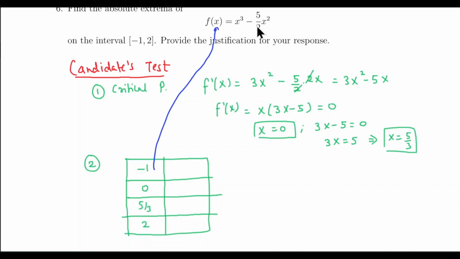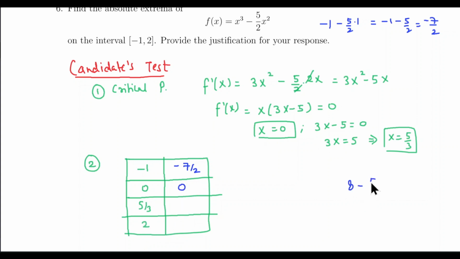it works. So if I put -1, -1 cube is still -1, and -1 square is just 1. So -1 minus 5 over 2 is -7 over 2. So -7 over 2. If I plug in 0, obviously this is just 0. If I plug in 2, 2 cube is 8 and 2 square is 4. So it will be 8 minus 10, which is -2. So -2. And if I plug in 5 over 3, then 5 over 3 cube minus 5 over 2 times